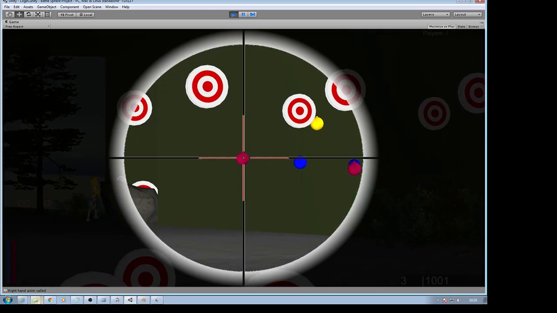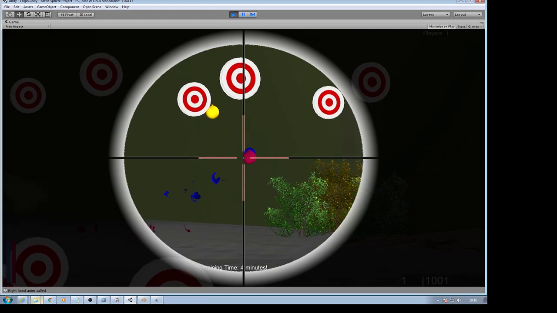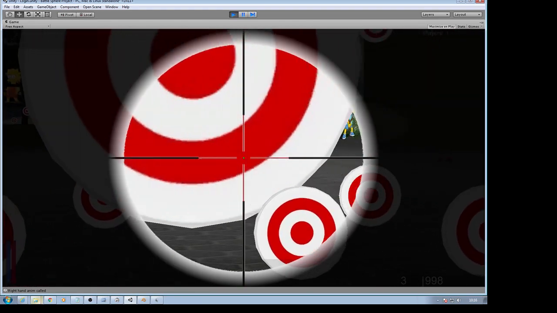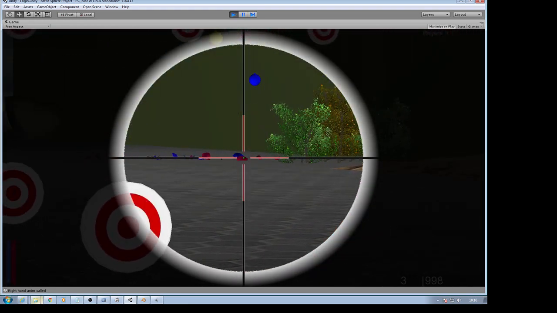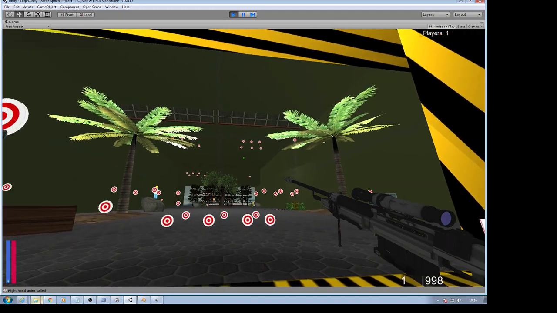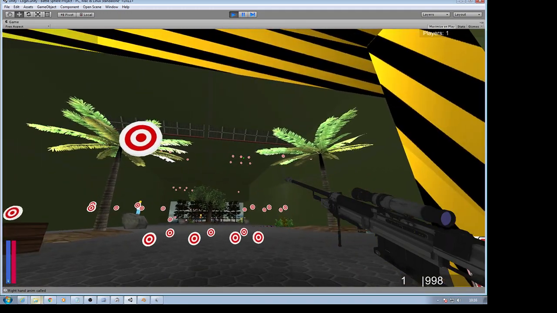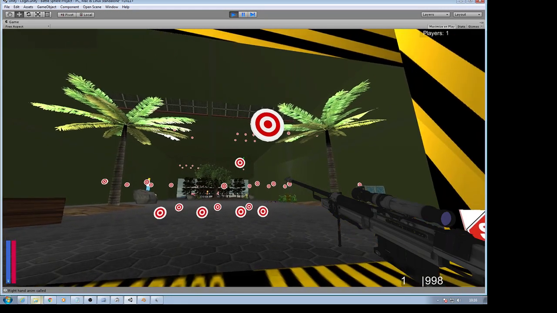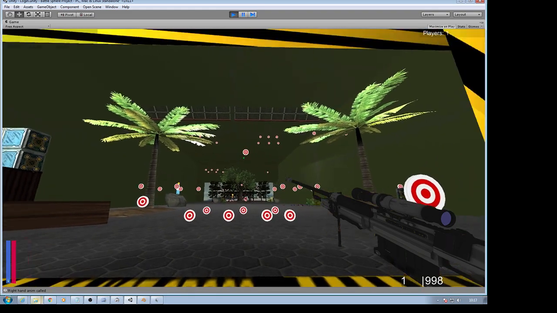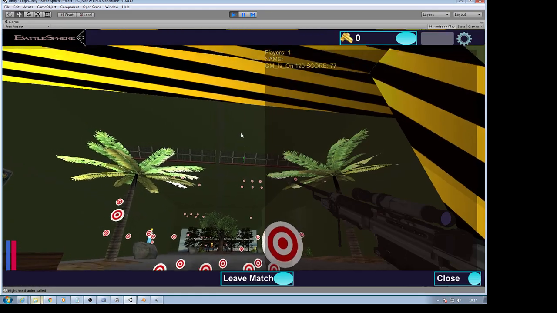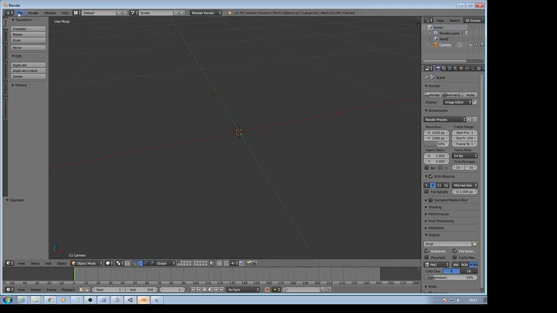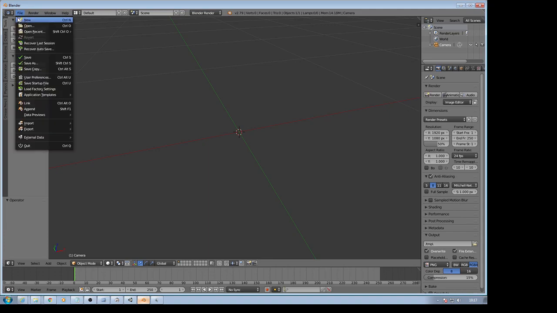And I'm going to show you these ornaments. They also shatter, right? But they don't disappear. Now, if you notice, the boxes do disappear, but these ornaments do not disappear because I'm still working on these ornaments. Alright, but I'm going to show you the box part, how to break down the model, and how to import it into Blender, and how to actually instantiate it as well, which is a pretty easy, simple thing to work on. So I'm going to switch to Blender, and I am going to open